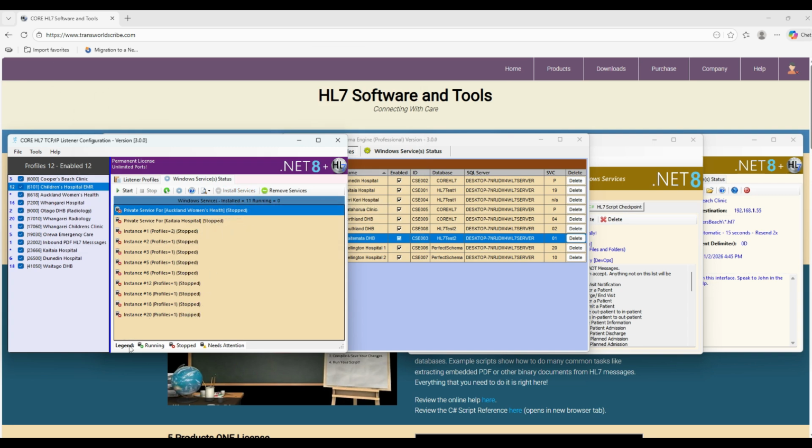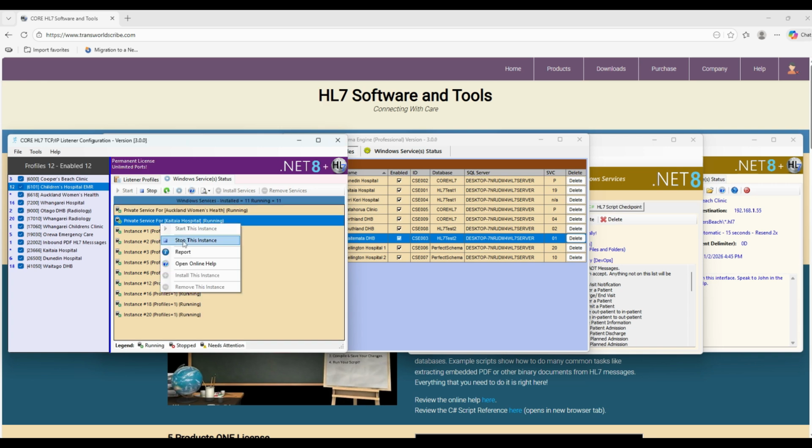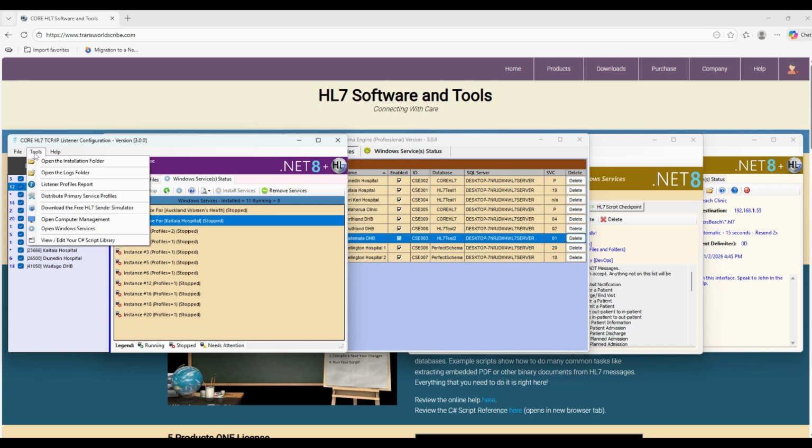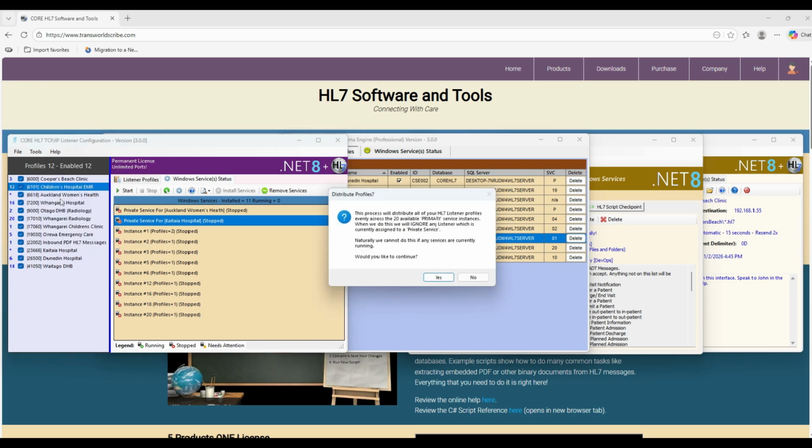They're all installed. You can see what's going on down here, and I can start all of my services running. And it is done. They're all running. I can also right click and stop just a particular one, etc., etc. What's very cool also is in your profiles, if you stop your services, you can go to the Tools menu and say you want to distribute the primary service profiles. What that will do is